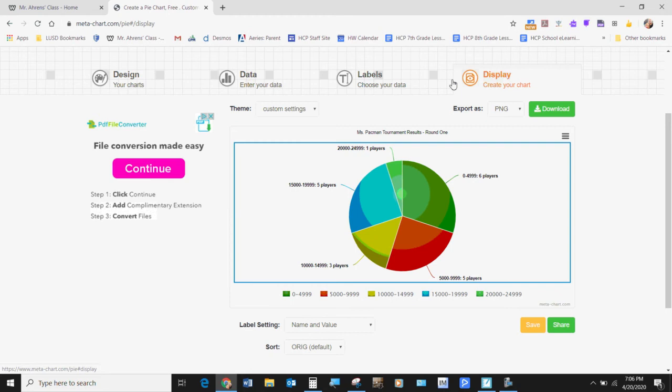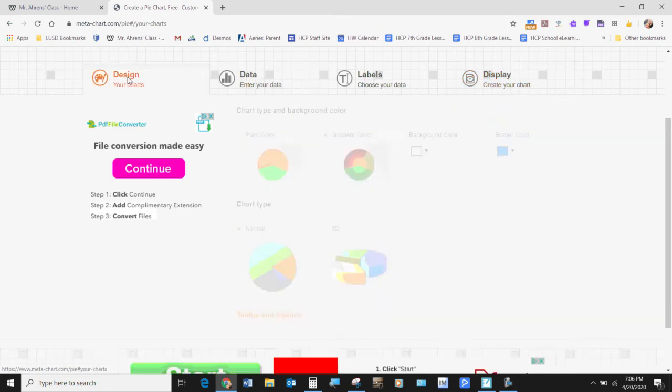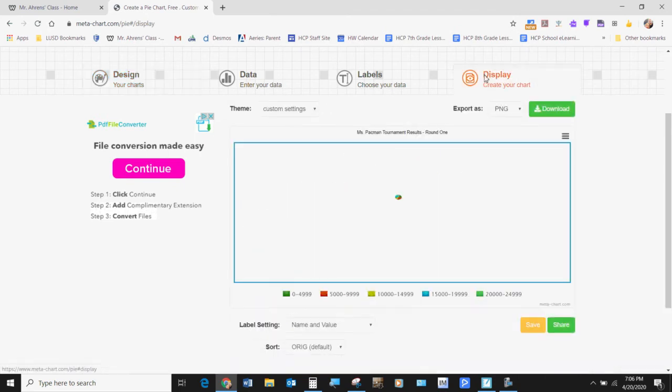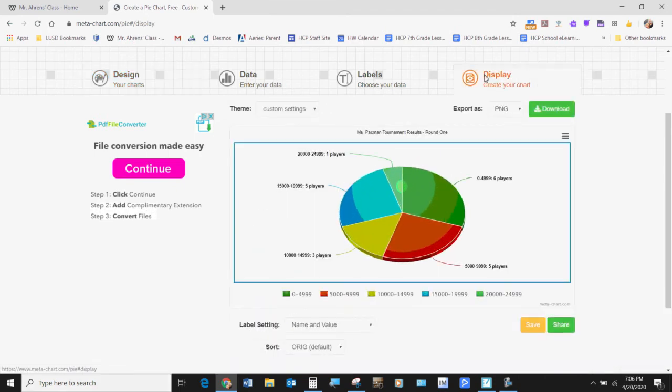Okay, yeah, I kind of like it. It's a little bit nicer. What if we decided to do it 3D instead of normal? What would that look like? Beautiful, I like that. If I were putting that on a really nice PowerPoint presentation, I might have it